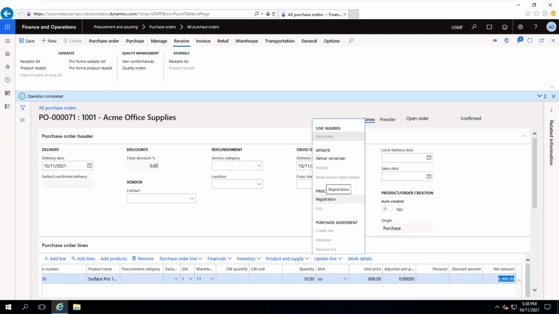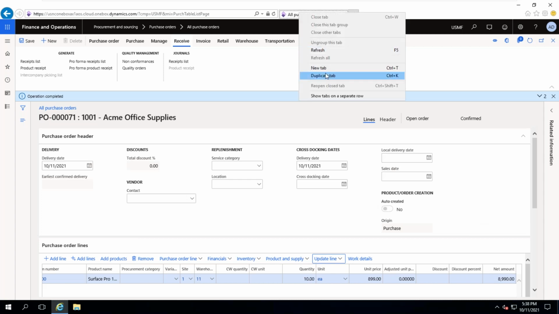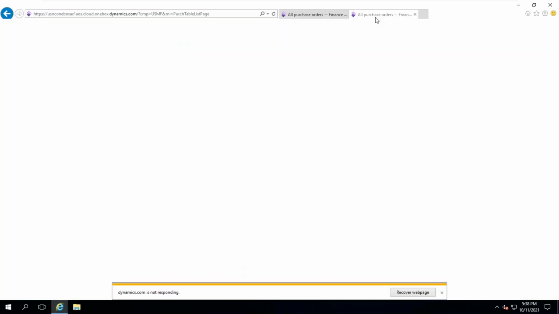This is one process. Otherwise, you can use advanced warehouse management: workflow creation, load creation, work creation, completion, product receipt. That is one process. Now the third one, let me go to duplicate. So these are warehouse management processes. In warehouse management, we can use this function registration directly, or you can go to